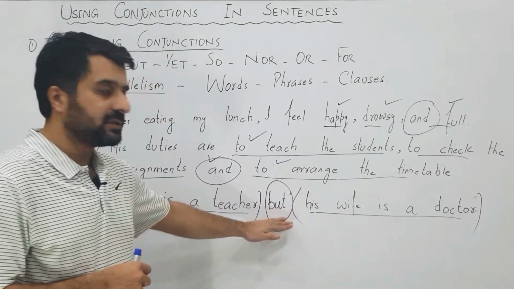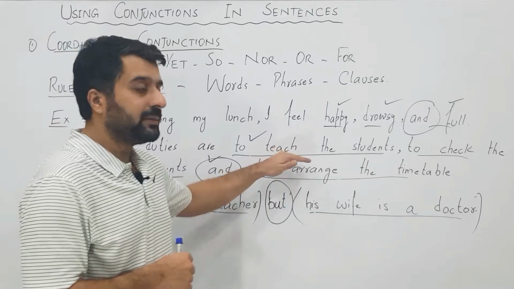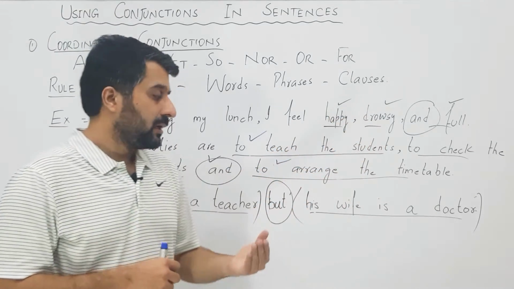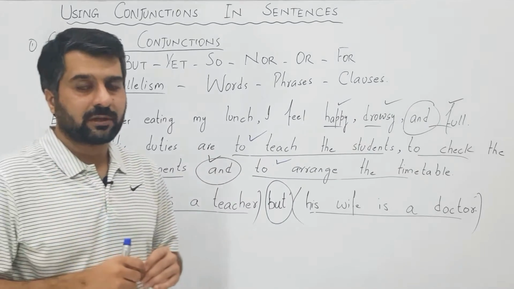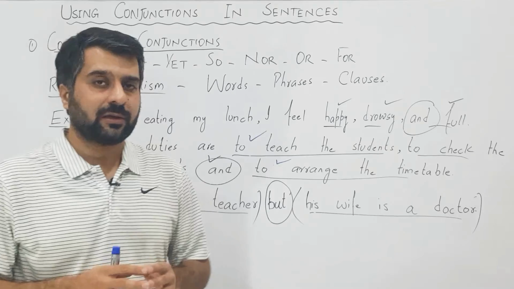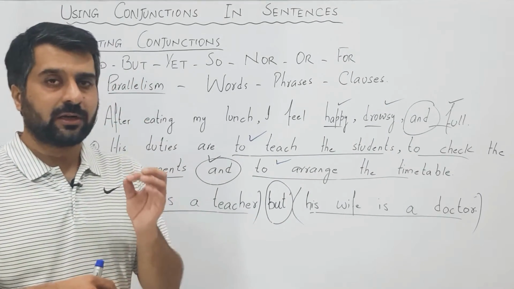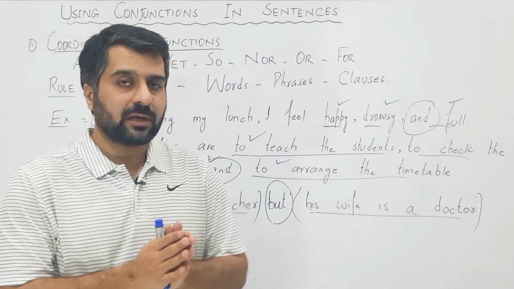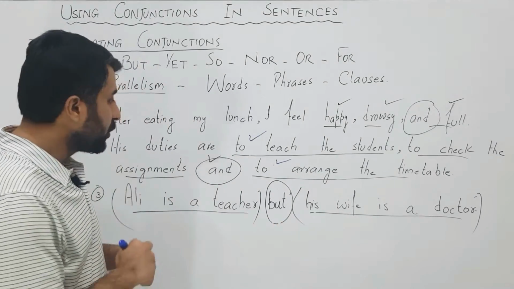So a coordinating conjunction joins together 2 similar clauses, like it joins together 2 similar phrases or similar ideas. So it joins 2 similar clauses. And one thing more, you cannot join a dependent clause with an independent clause by using a coordinating conjunction. You can only join 2 independent clauses using a coordinating conjunction. So you have to follow this rule. And the rule regarding the